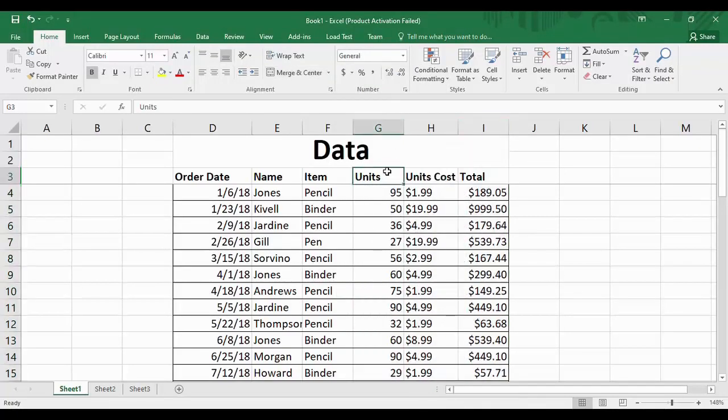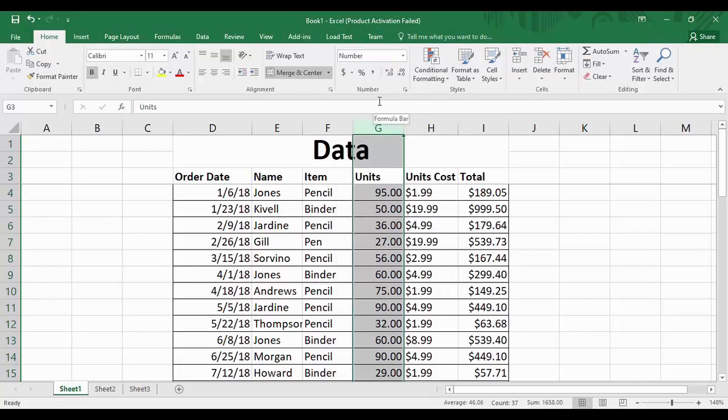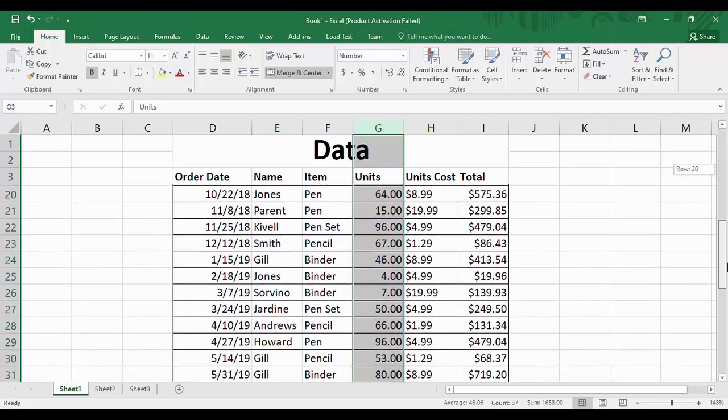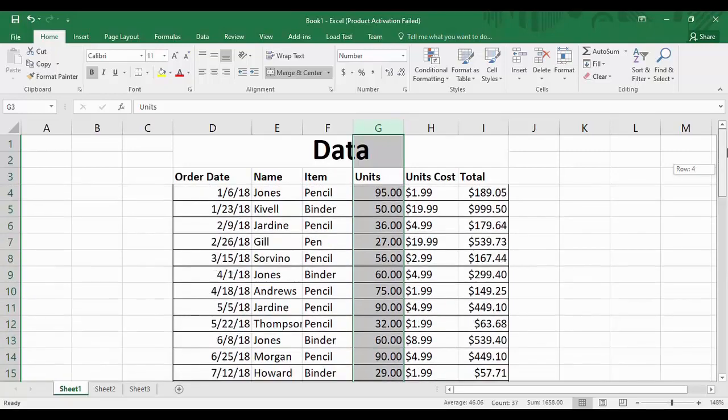As far as the units are concerned, the units will not be a type of currency. So what we will do is select its whole column, then go to general, and here there is another data type called number. When you click on it, you can see that .00 has been added after all the values of the units, and that tells us that it is not a single text, it is a number.